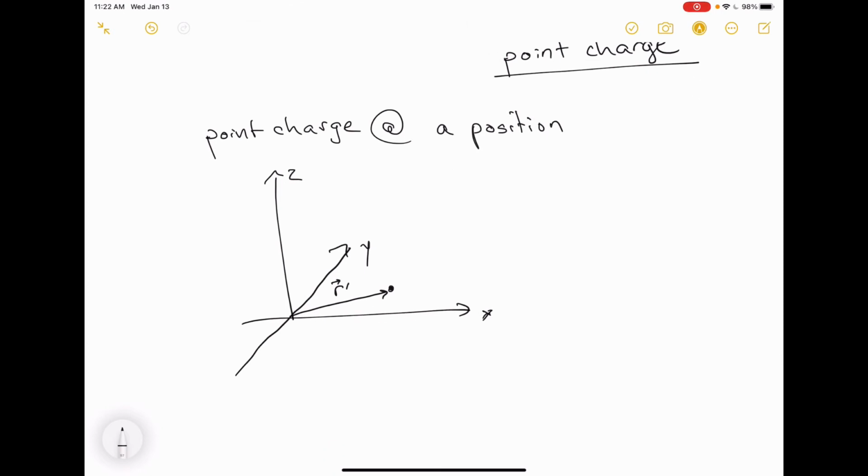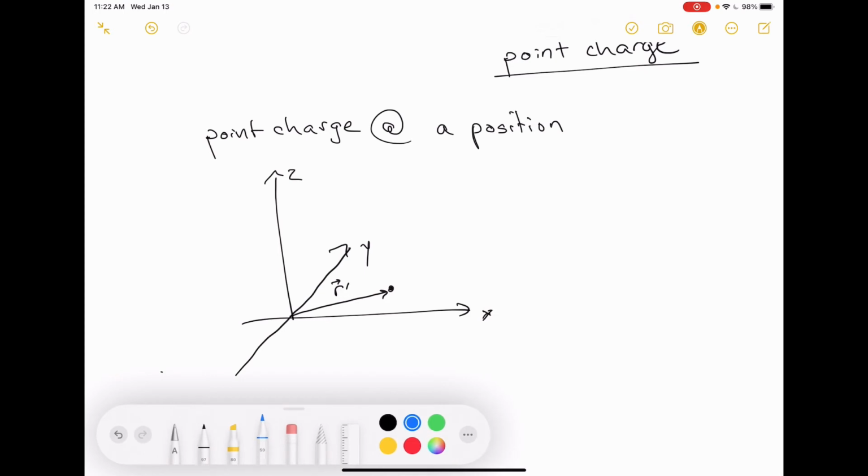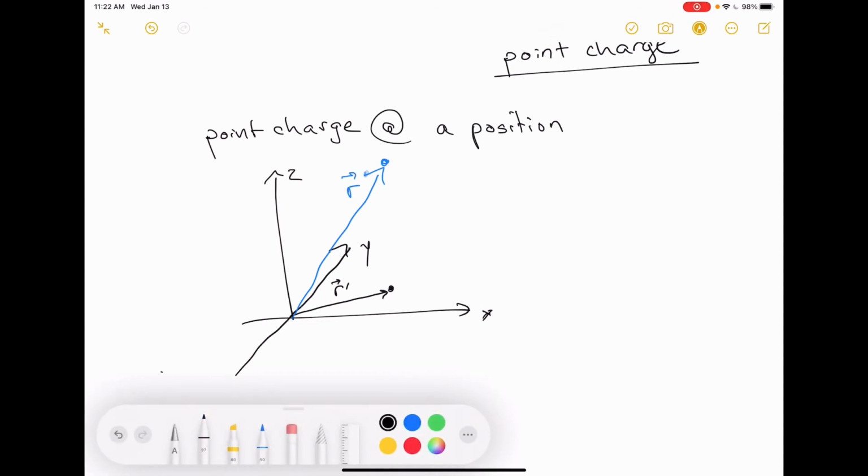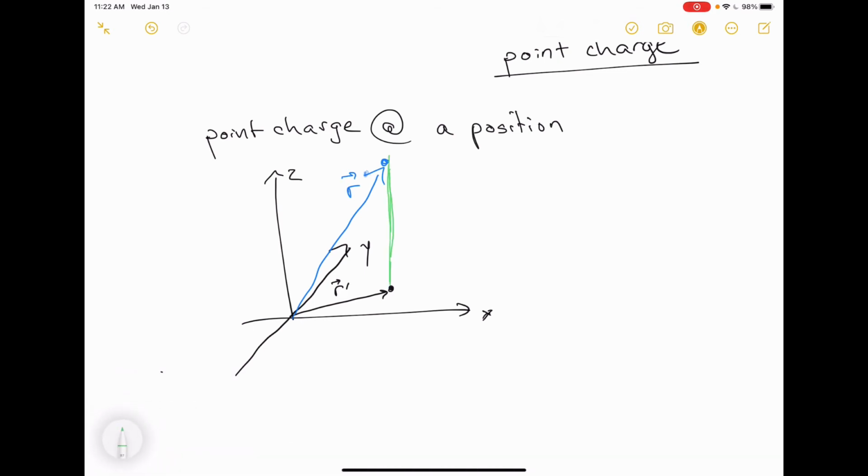And I would like to know what the electric field is at some other location, R, then the vector from the charge to the observation point,